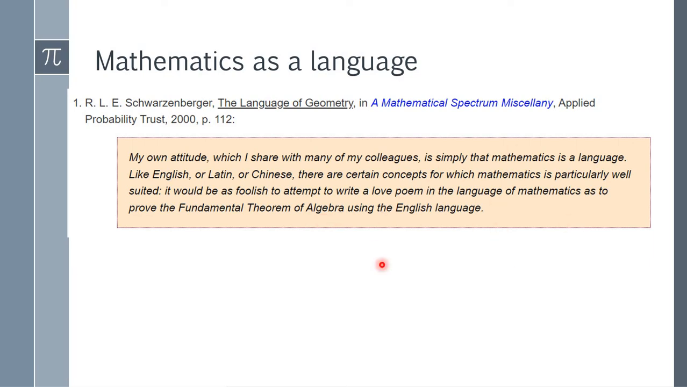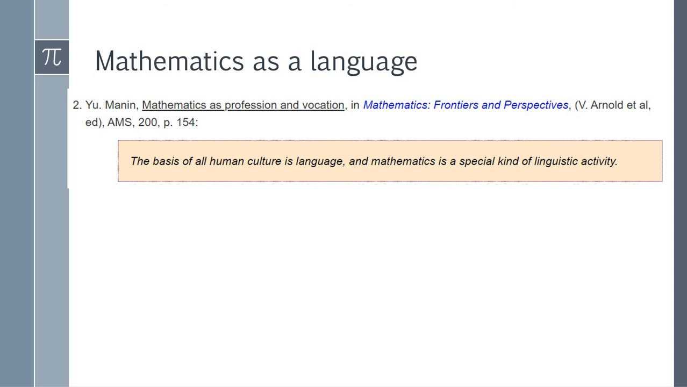So very beautiful. Next, according to Hugh Manin, in the journal Mathematics Frontiers in Perspective, he said that the basis of all human culture is language, and mathematics is a special kind of linguistic activity. Oh, I did not know that. It's a special kind of linguistic activity that is very useful. So this is the second one. And the third one,